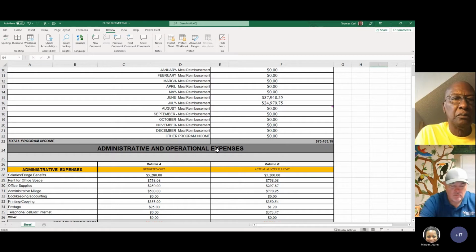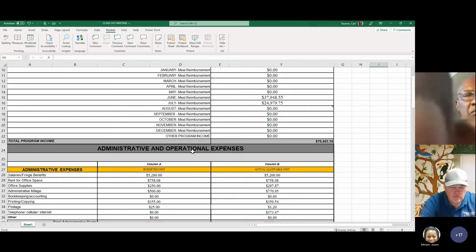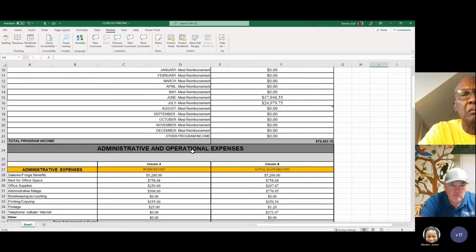Line 24, as we said, we're going to get into the administrative and operating expenses, on how they broke this down and spent those funds. On line 26, you have column A, which is your budgeted cost, and column B, which is your actual allowable costs. Column A is your budget.